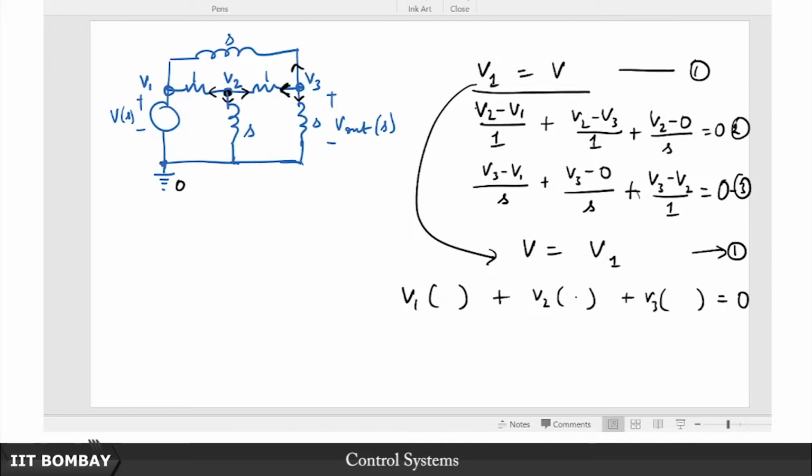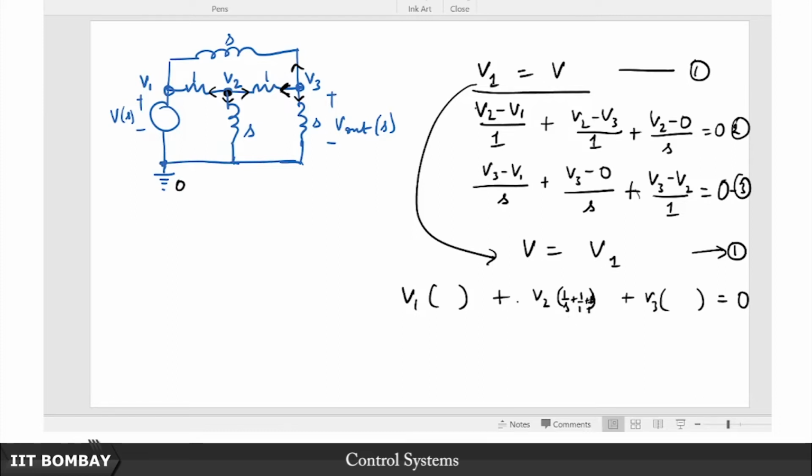If you look at V2, which is the second node, second voltage, that is a diagonal entry in the matrix, remember. So what is V2? You see the sum of all the admittances, these are dual methods I told you, remember. What is the admittances? Sum of all the admittances incident on this node V2. If this is the impedance, then its reciprocal is the admittance, isn't it, yeah. So basically you will have 1 over S plus 1 over 1 plus 1 over 1,